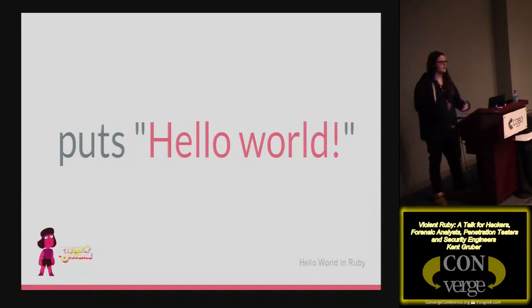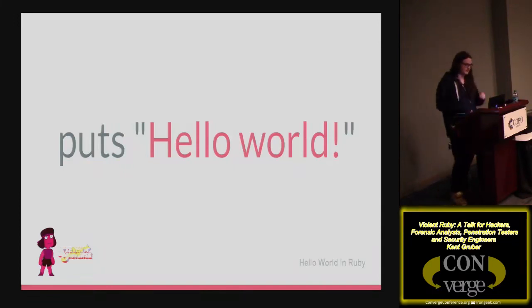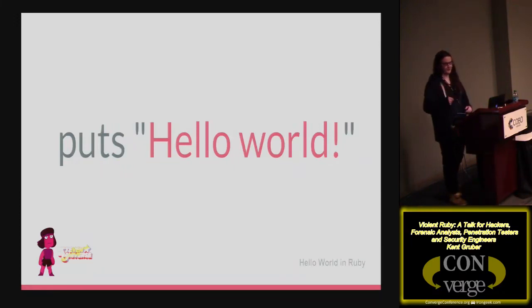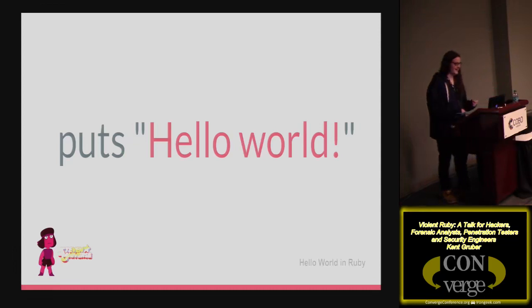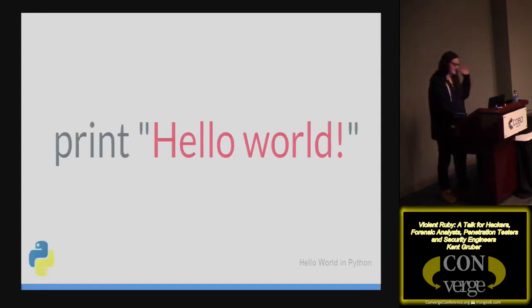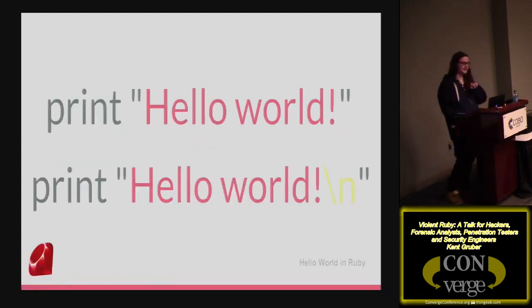But anyway, let's compare the Ruby and Python code. In Ruby, hello world, right? You're going to program in a language, you want to do hello world, I'm sure. 100%. Do you not want to do hello world? Okay. Anyway, hello world, we can do that in Ruby easily at the command prompt. Print hello world in Python, same thing. Actually valid Ruby code too. I like that a lot.